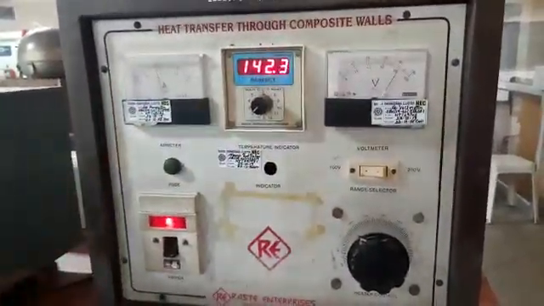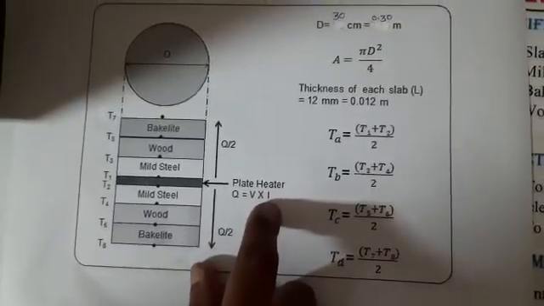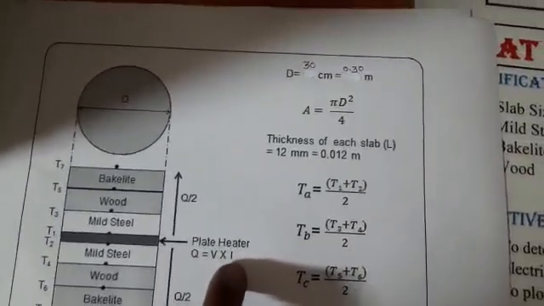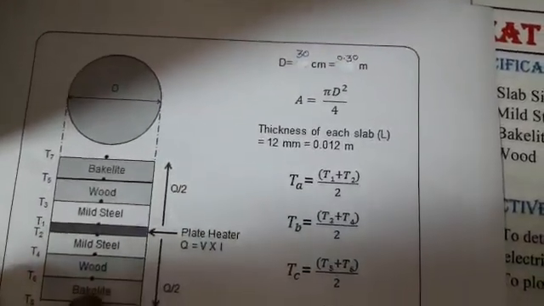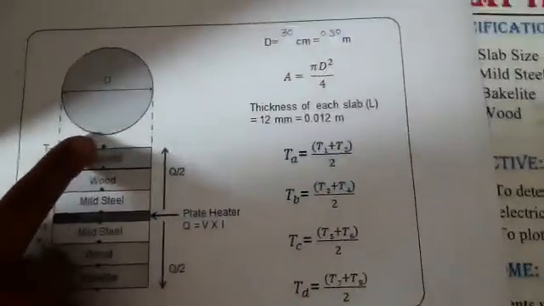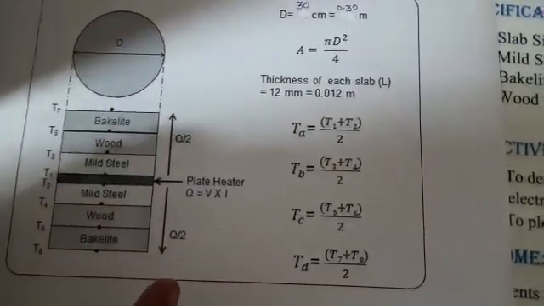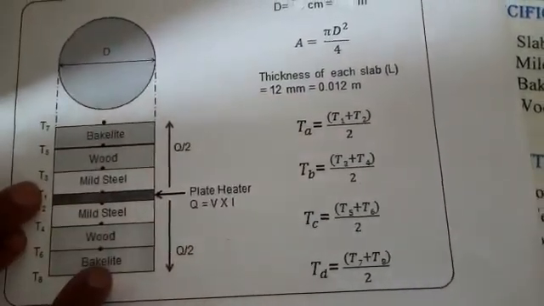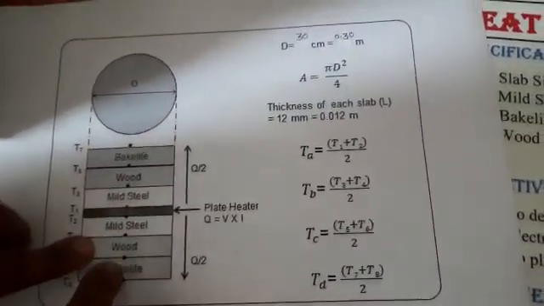So the total power which is supplied to the central plate will be Q equal to VI cos phi. Cos phi is 1 here, so the power factor is assumed to be 1. So you have the total power supplied equal to V into I. Now when you have two sets of plates at the top and at the bottom, half of the heat is conducted at the top and half is conducted at the bottom. So we are assuming that half of the heat flows in the upward direction and half flows in the downward direction. In order to ensure this, we have these two sets.